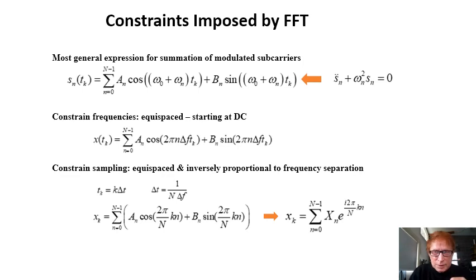Because of its importance, let us restate this in a different way. The top equation on this chart is the most general expression for a summation of a set of oscillating waves. We can have an arbitrary frequency layout and an arbitrary sampling interval, and we can specify a frequency offset. We can easily show that this is a solution to the second order differential equation that is shown to the